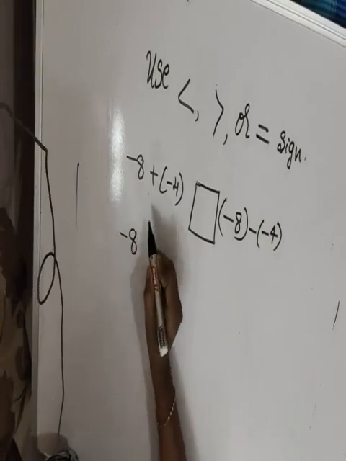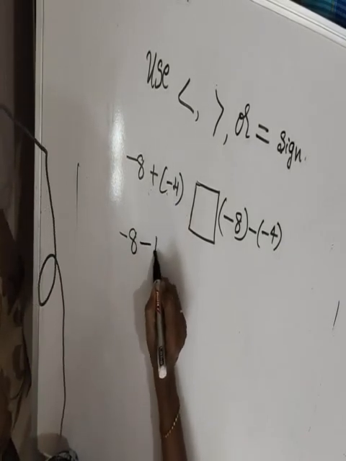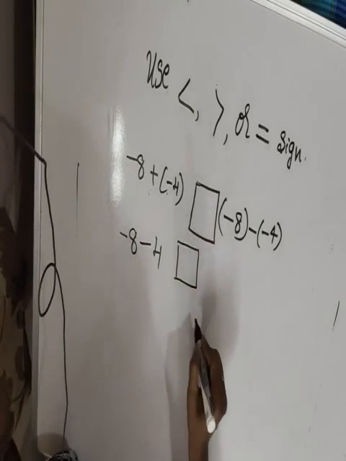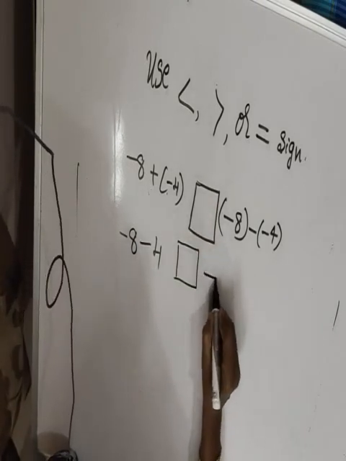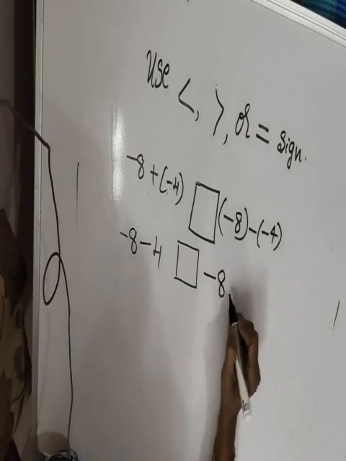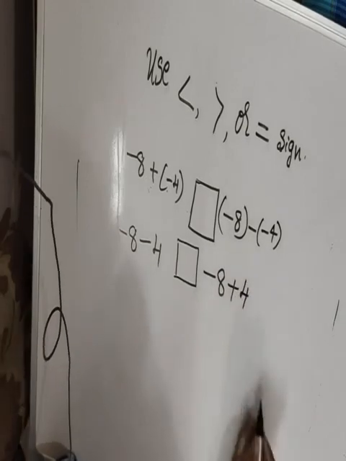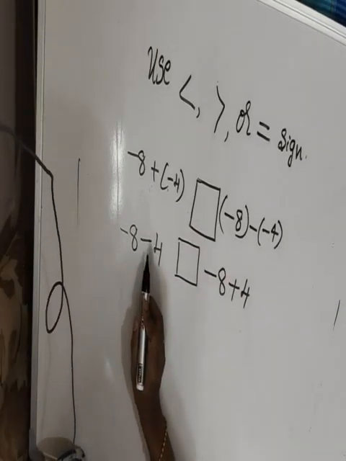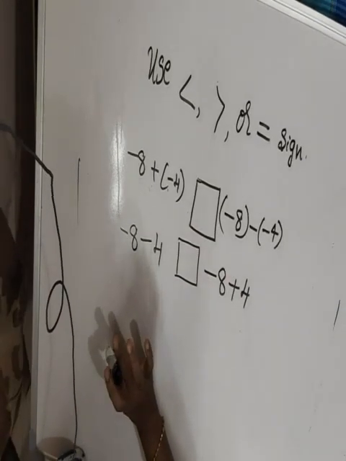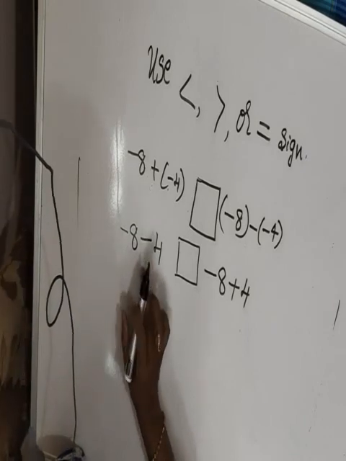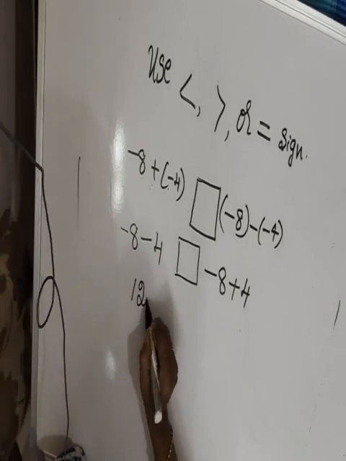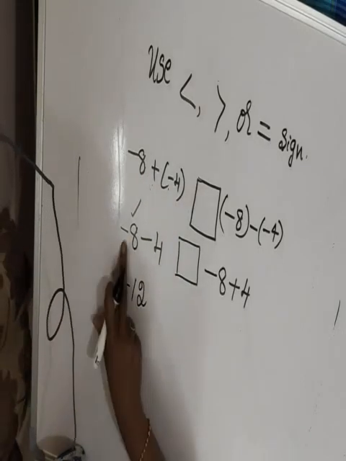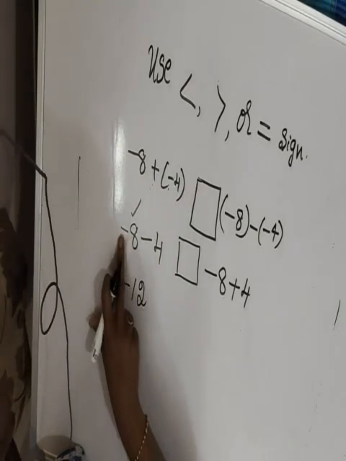Minus 8 plus into minus minus. This box as it is you keep. Don't write anything. Now don't write plus, greater, smaller, anything. Leave. Minus 8 minus minus plus. Okay. So, both are minus. I said in the last class, you recall your memory once. Both are minus, we have to add the numbers. So which sign do we have to put? We have to put the bigger number's sign. Minus. It contains minus here.